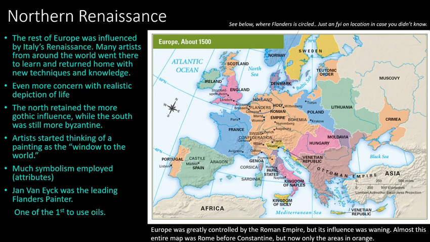Looking across Europe, the northern part really maintains a pretty Gothic style, and the south, because of location, is still pretty tied to the Byzantine style and the Eastern Roman Empire. You may notice some of those things, not too heavily with the examples I'm giving you, but just know in general that's the way things got laid out.